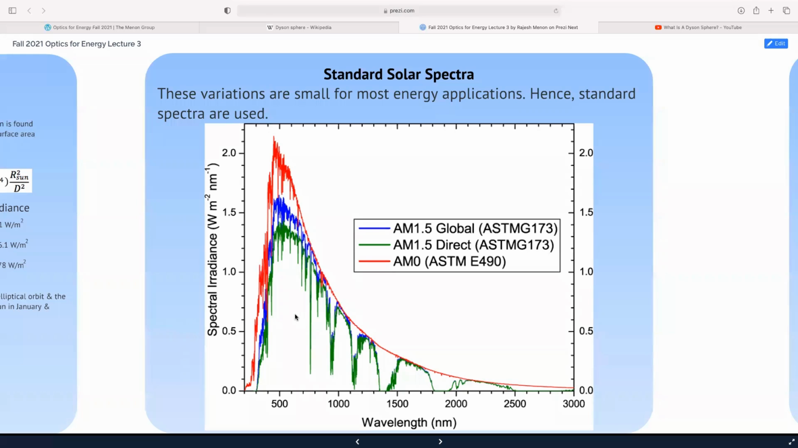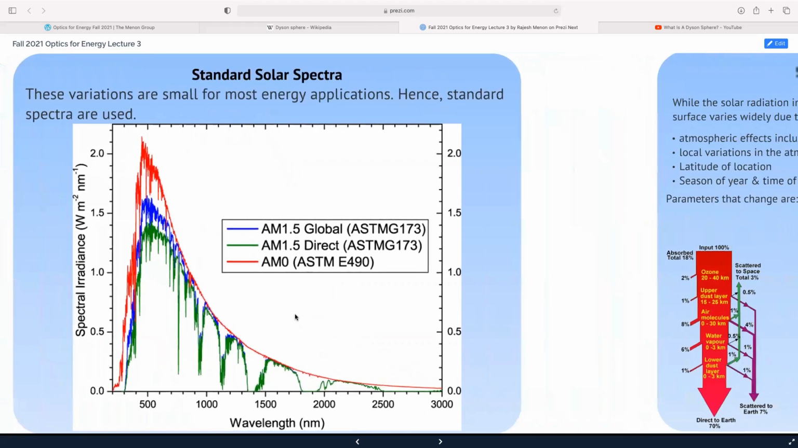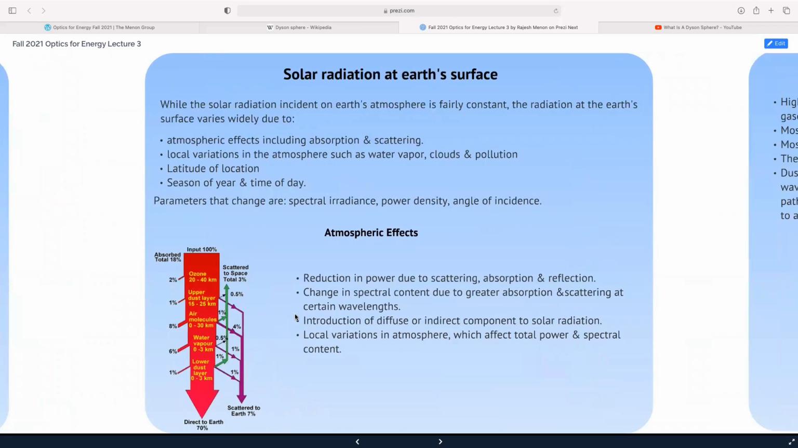Now, the difference between direct and global is important because to capture direct light, for instance with a solar concentrator, you have to track the sun because the angle is important. Whereas diffuse light, direct plus diffuse being global, comes from everywhere, all kinds of angles, and that's harder to capture. We'll see this again next week. But just be aware of these things. I'm going to go a little faster. Again, feel free to go back and read it. Not terribly important, but